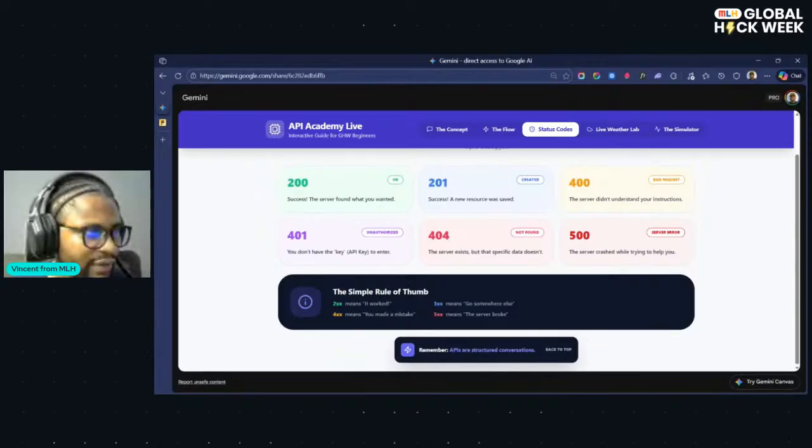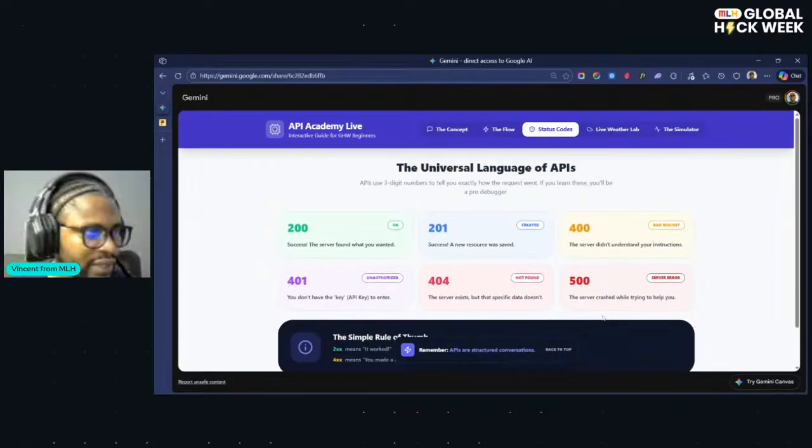Then 500 is always an issue with the server. Maybe the server you're calling is down or not responsive, so you return a 500 status code. These are the three-digit numbers that tell you exactly how the request went. So it's like a code for the API.